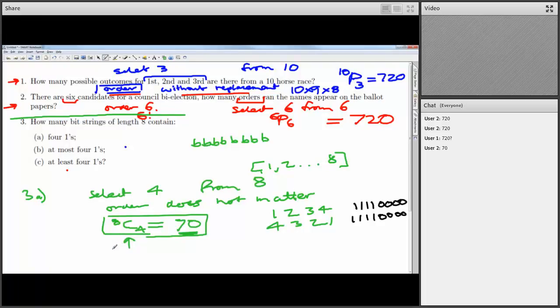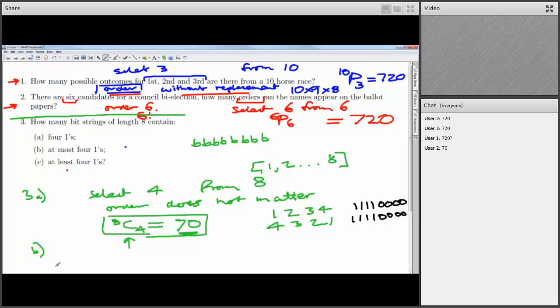In an exam, say you write down just the answer 71, for example, and I go, well, that's wrong. But if you write down some working indicating where you got the 70 or 71 from, I go, oh, look, you really just did 8 choose 4 and you just mistyped it or something like that. So I can give you a partial mark. So make sure you include working when it comes to an exam situation.